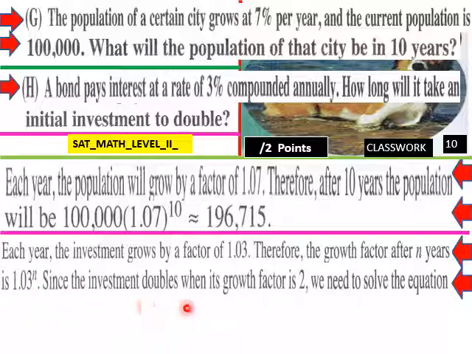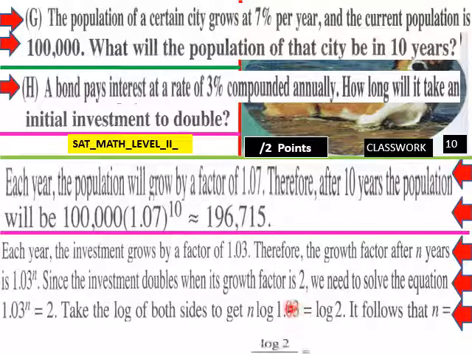Since the investment doubles when its growth factor is 2, we need to solve the equation 1.03 to the nth power equals 2. Take the log of both sides to get n log 1.03 equals log 2. It follows that n equals log 2 over log 1.03, which is about